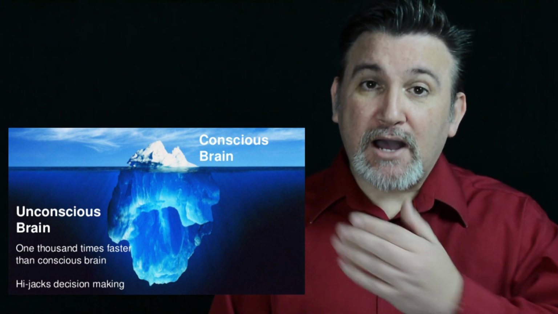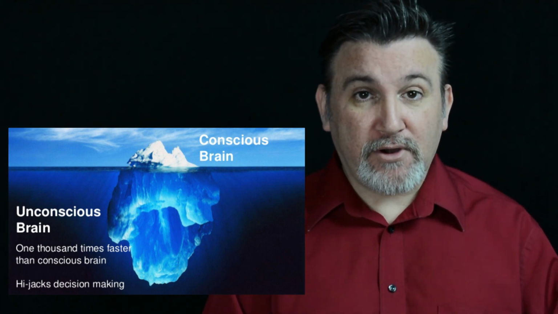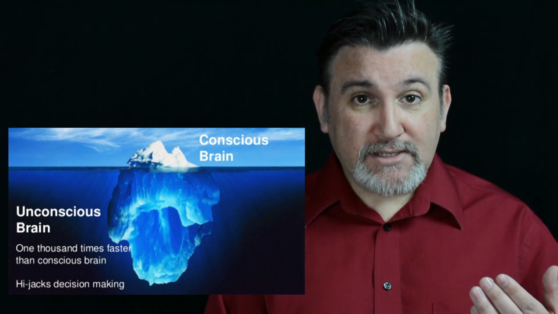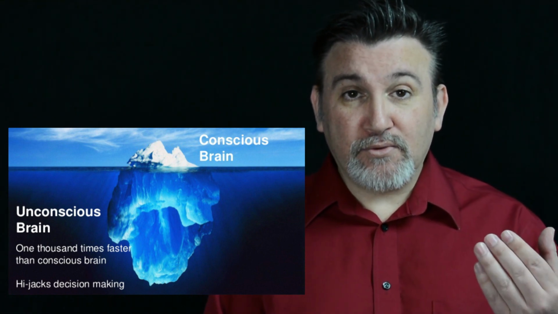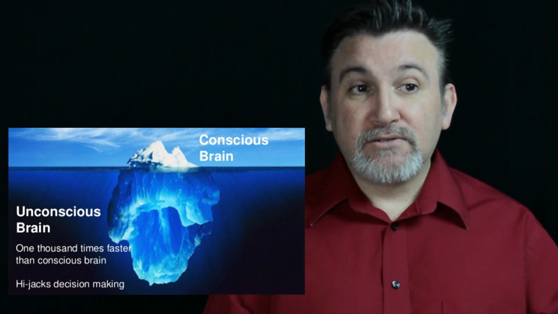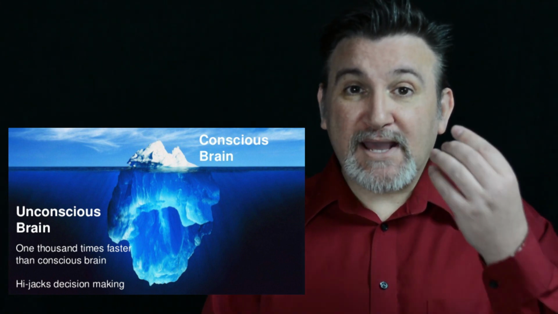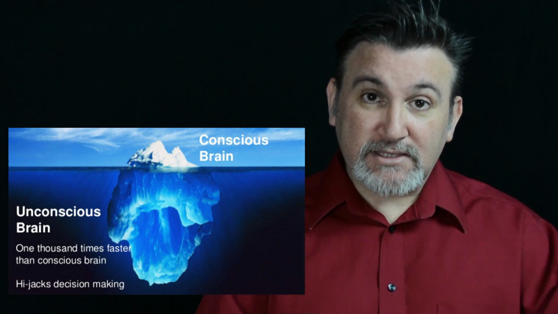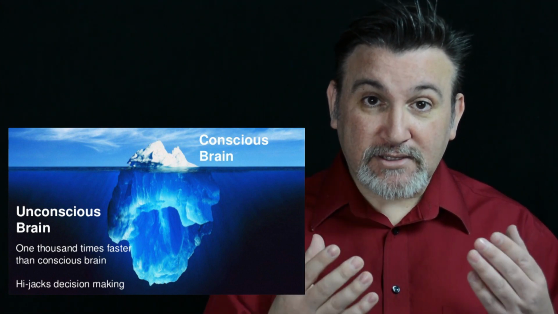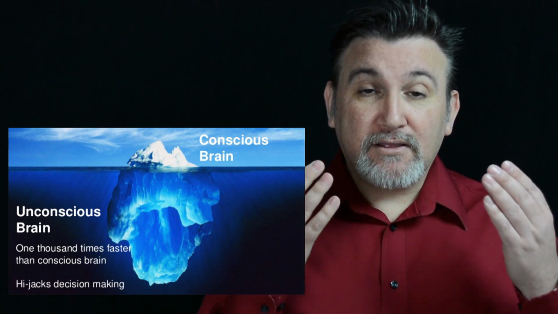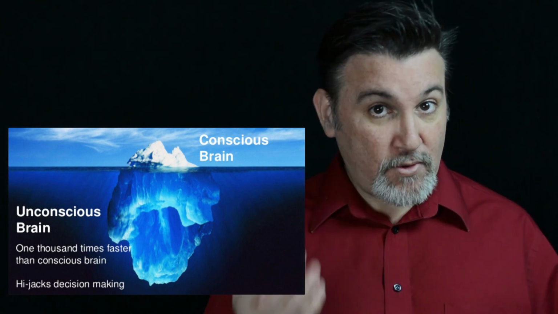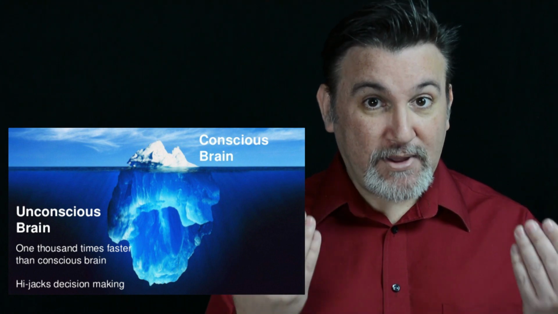As you can see at the top of the iceberg, the part that's showing above water, that's our conscious biases. Conscious biases is where we make the choice to feel a certain way or not about a group of people or an issue or anything. It's the part of our brain where we actually think. We critically think about things and we make a choice. That is what allows us to have those biases that are conscious to us, where we make that choice whether we're going to do the right thing or the wrong thing when it comes to that bias that we have.